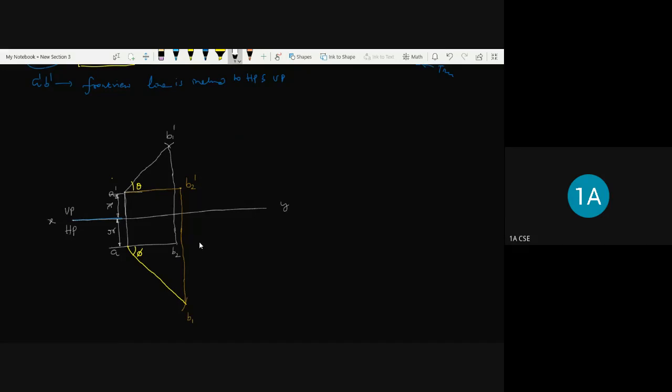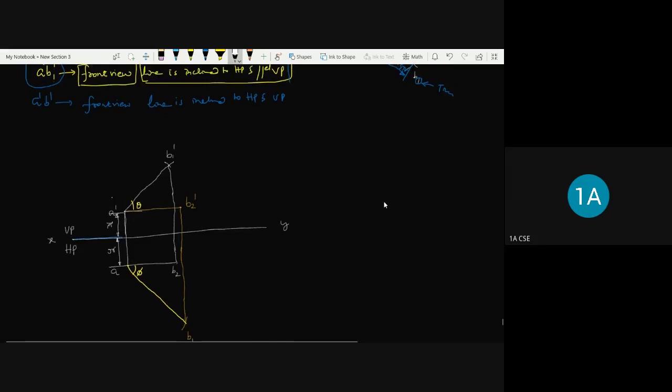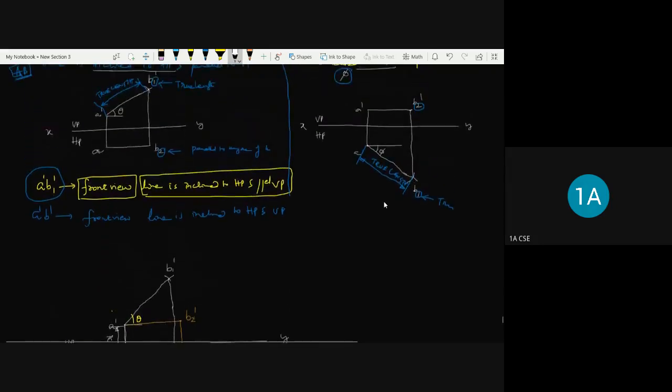See, now I've just combined these two. When you look at here, this one and this one, I have merged it, or superimposed, so this A dash and this A dash coincide. And from A, I have taken the phi angle, and then I have projected so that from A dash, I have drawn this to get the B2 dash. So both are combined now.